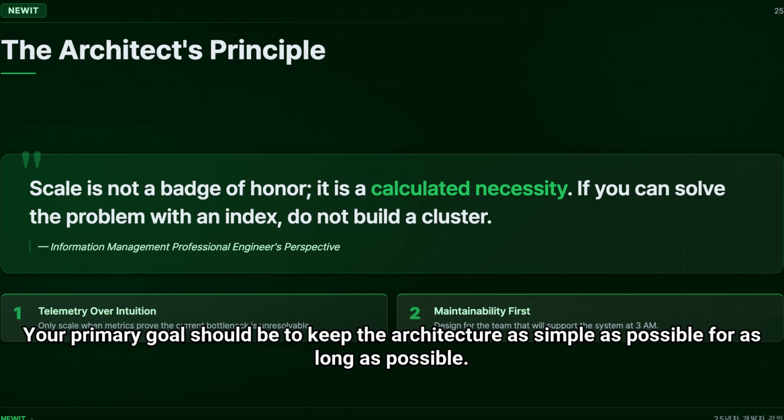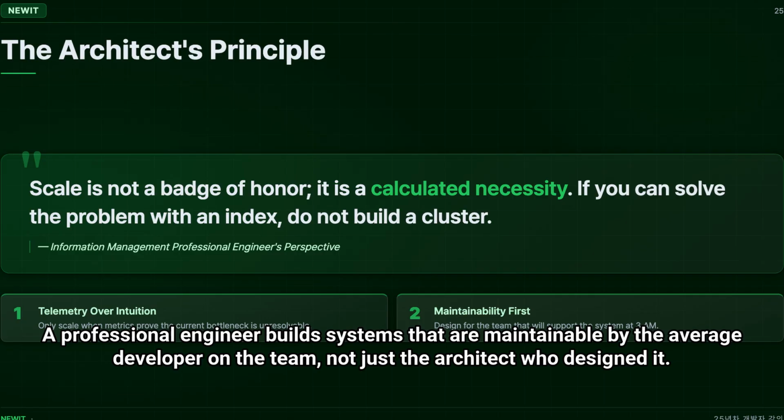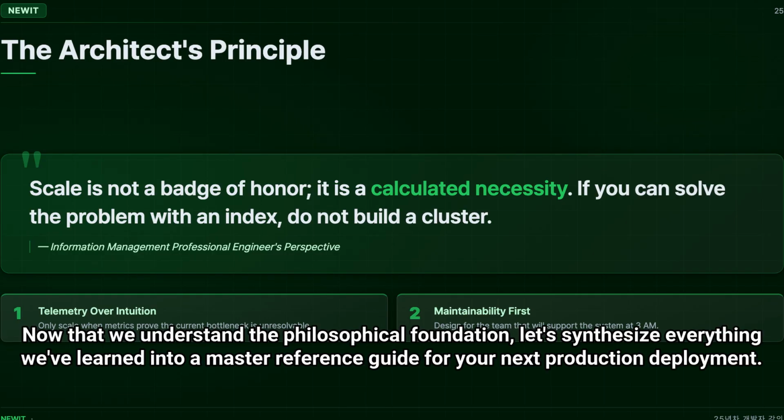Your primary goal should be to keep the architecture as simple as possible for as long as possible. When you do eventually shard, do it because the telemetry leaves you no other choice. A professional engineer builds systems that are maintainable by the average developer on the team, not just the architect who designed it. Now that we understand the philosophical foundation, let's synthesize everything we've learned into a master reference guide for